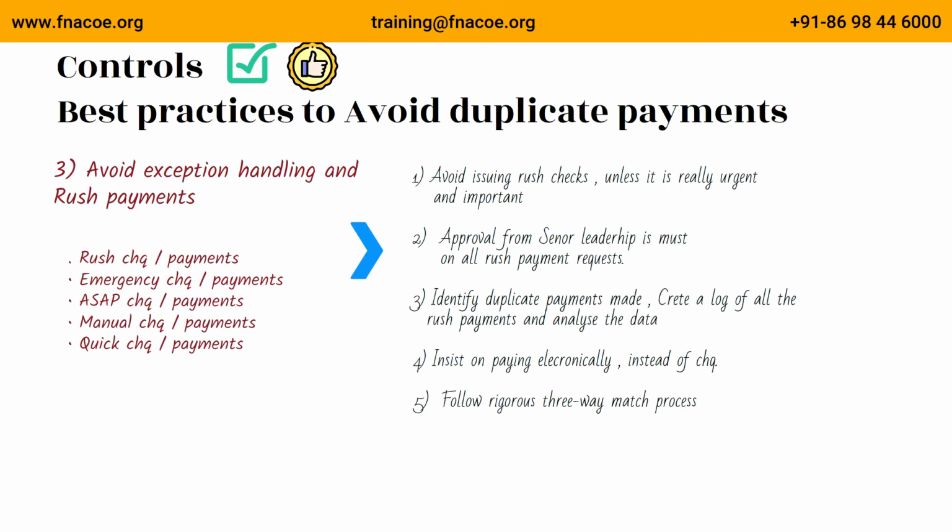After you have a few weeks or months of activity, when you analyze the data, you should be able to identify trends and the culprits, both at your company and outside, and then fix the problem. Basically, what I'm trying to insist is avoid rush payments. Identify duplicate payments made with the rush or manual check. Bring this to the attention of everyone involved and the management. There's nothing like seeing a large dollar amount associated with rush checks to put an end to the practice.